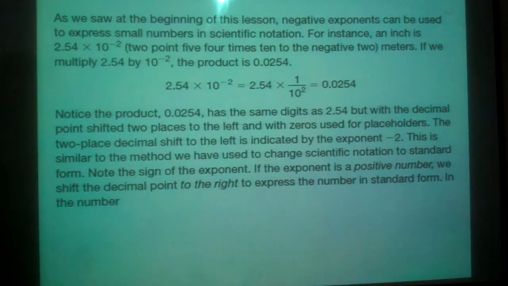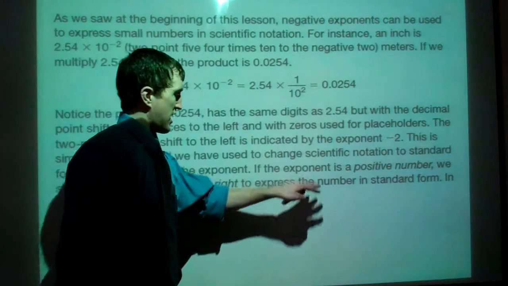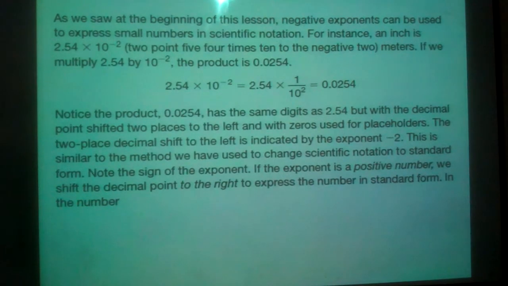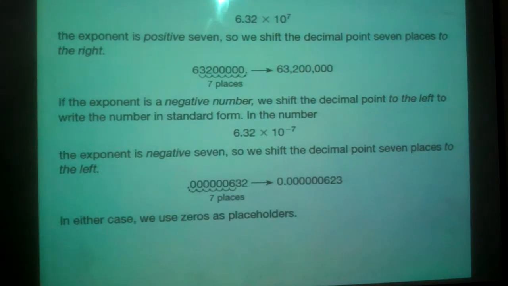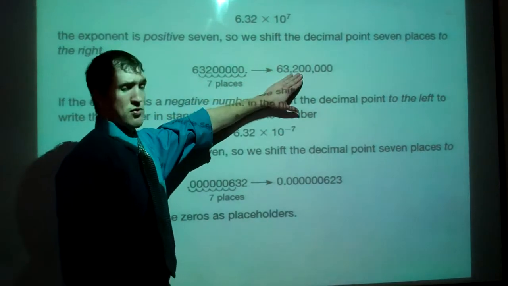We're not going to have to worry about doing this step right here because this negative 2, we're going to find out, just tells us when we're multiplying by a power of 10 to move our decimal spot 2 places to the left. So we have to note the sign of the exponent. If the exponent is a positive number, we move the decimal point to the right to express the number in standard form. So for instance, this number right here, 6.32 times 10 to the 7th, it's a positive 7 for the exponent. So we shift the decimal point 7 places to the right. So we took that right here, moved it 7 places to the right,